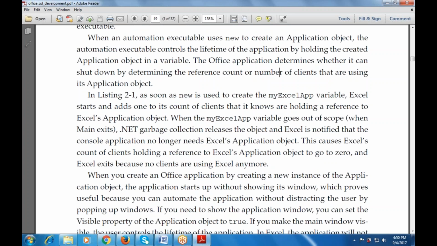And when you create an Office application by creating a new instance, the application starts up without showing its window. That proves very useful because you can